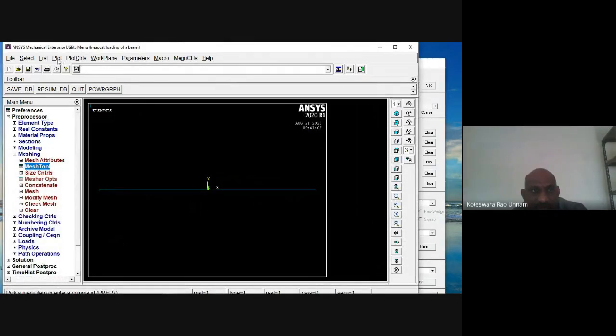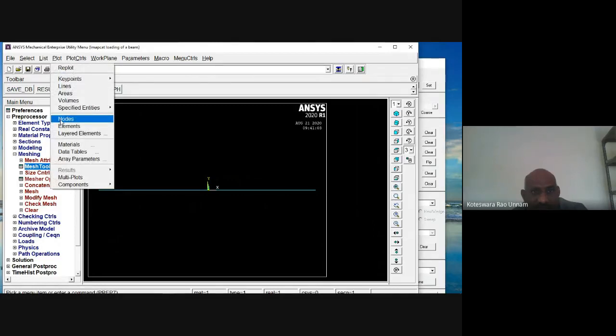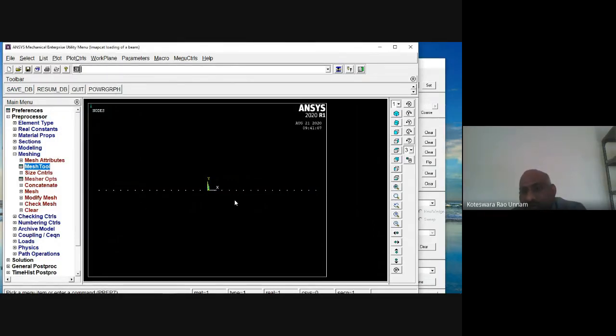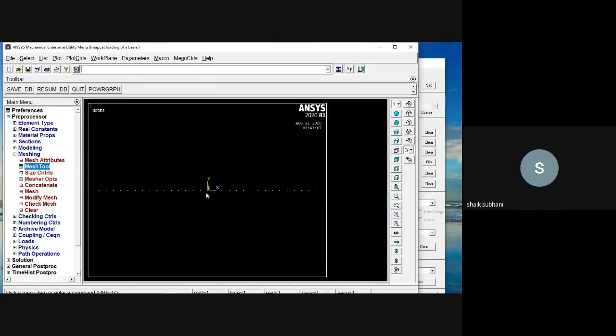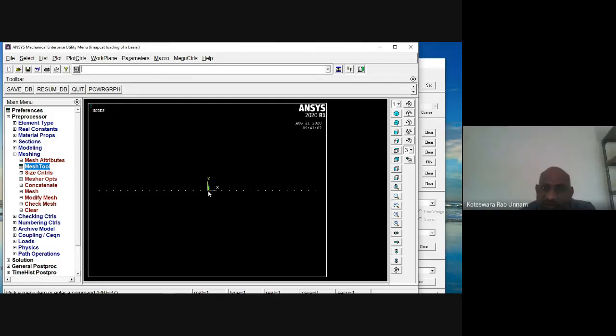Okay, so it is done. So now if you want, you can check. You have nodes also here. But the only important thing here is you have to choose your number of elements such that you should have at least a node at the 0. Why is a node required at 0? We need to apply the force here. Without a node you cannot apply the force here. So that is important. You can select the number of divisions as 30 or 40 or 50, whatever it will be. But you should have a node at this location.